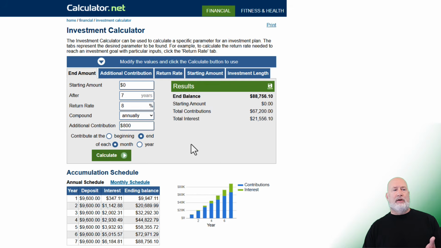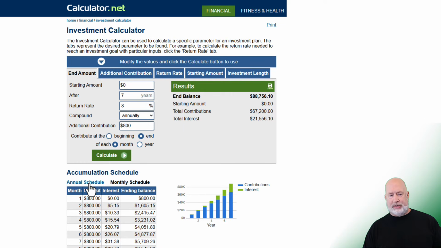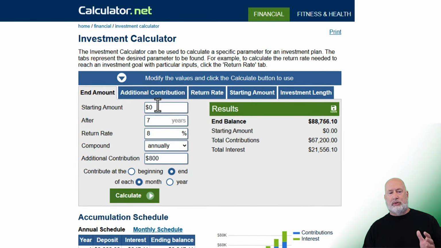I have an investment calculator open. It is from calculator.net. Love this website because not only are we able to do the future value, we have these additional calculators they have in here. They also give us charts, and they also give us an annual schedule versus a monthly schedule down here. Great feature. So $0 is the starting, 7 years. We already have that in there. 8% is the annual return, compounded annually. Additional contributions, $800. I do have this going at the end of each month. When I click on calculate,